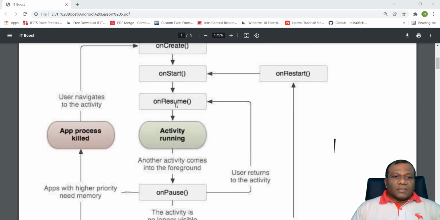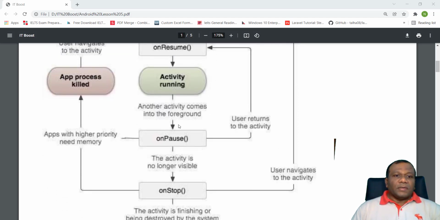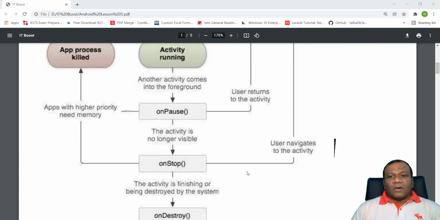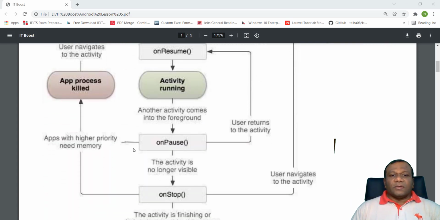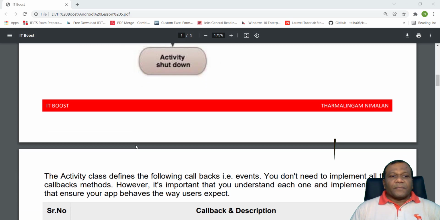If it is on pause, again you can resume it, right? If the app process is killed, it will be created again, right? On stop also, if you restart, it can be restarted using all those methods, each and every screen, right?